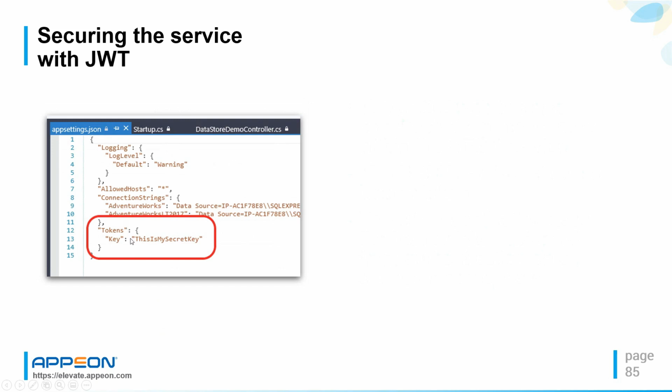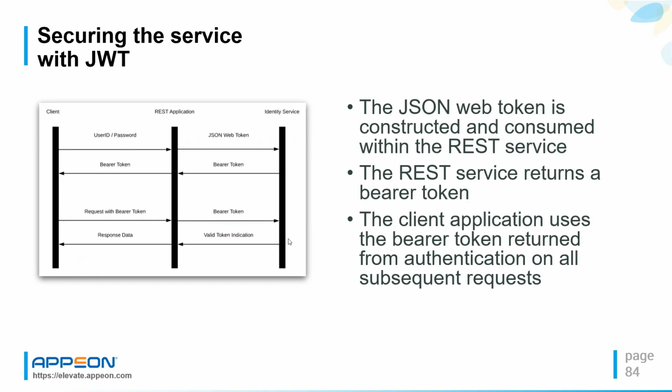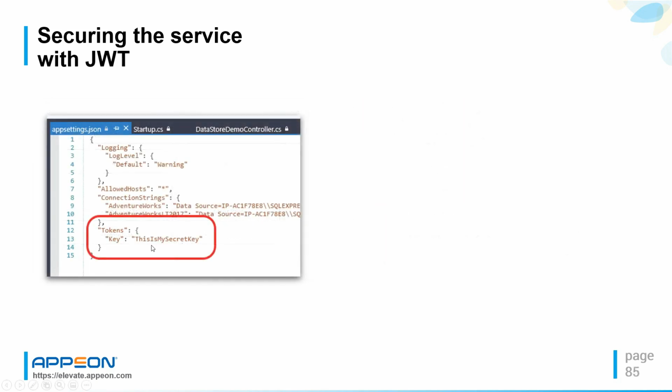The first step here is we need a secret key. This is my appsettings.json, where my connection string is. I got ahead of myself there. This is not a particularly secret key. It's pretty obvious what it is, but